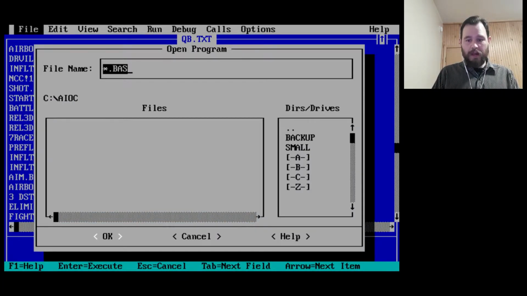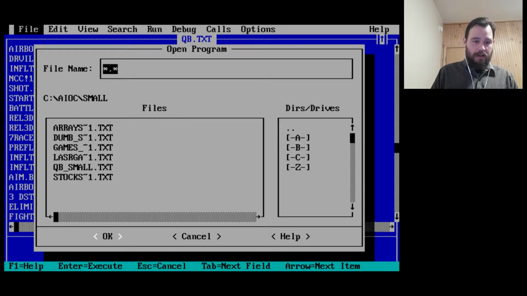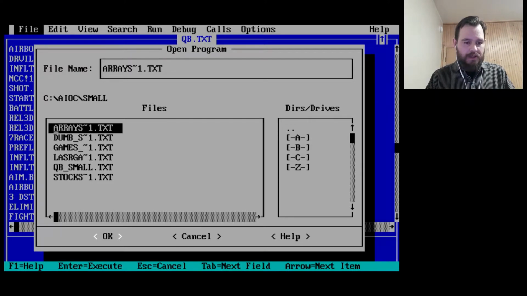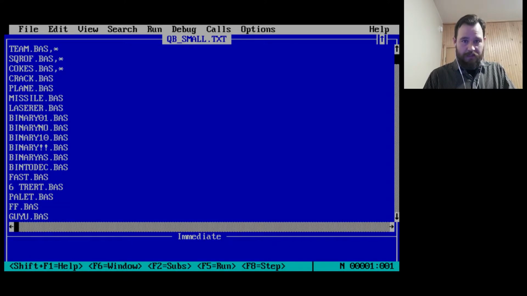And I made a new directory called small. And this has all, oh, I need to rename them because they're more than 8 characters. But anyhow, this is all the small programs in the QuickBasic directory. And you can see the ones with asterisks we've done.